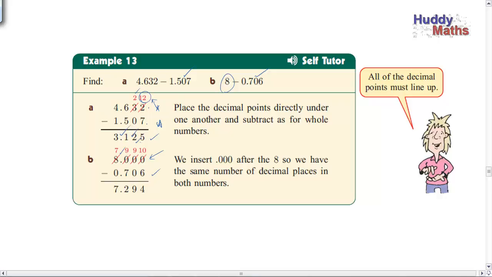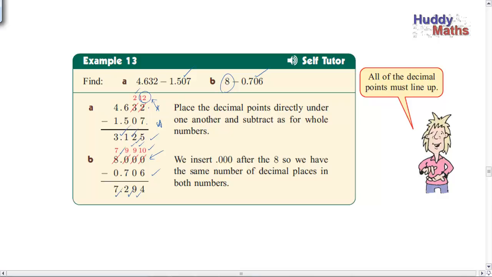So borrow a whole unit, so that is going to give you 10 tenths, which you've got to borrow down to 9 tenths, borrow down to 9 hundredths, borrow down to 10 thousandths. So you've got to carry that all the way. So 6 from 10 is 4, and then 0 from 9 is 9, 7 from 9 is 2, and